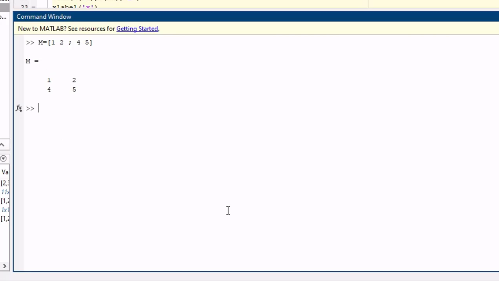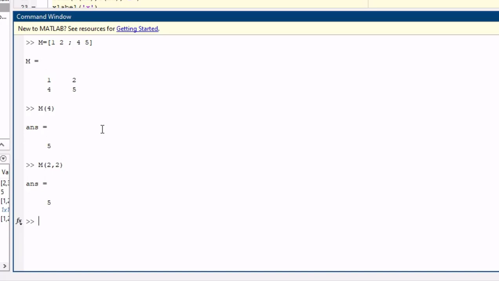If you want to read the value 5, what is the position of 5? 1, 2, 3, 4, so m of 4 returns 5. Another way is indexing, 2 comma 2. As you studied in matrices, 2 comma 2 gives 5. If you want to identify the size, use size of m. This is very basic and easy to understand.